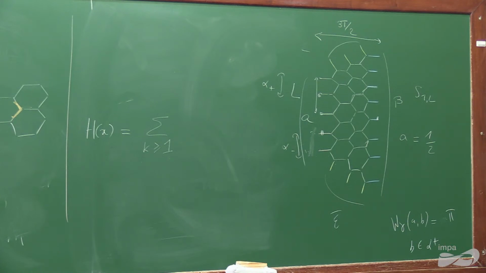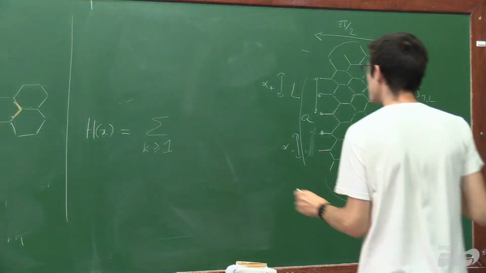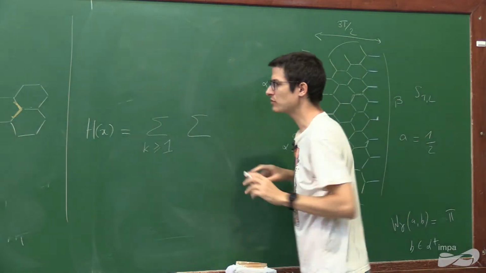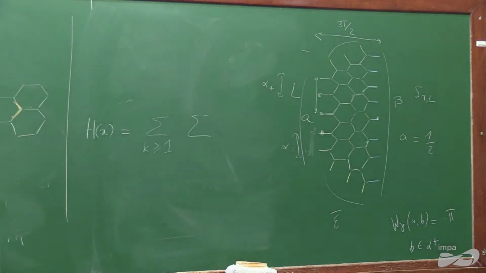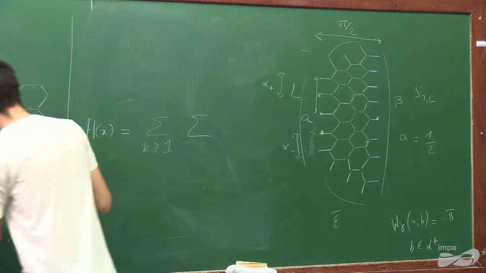I name K the sequences of bridges. In the way I've done things, I'm sure that my sequence is finite because the widths of my bridges are strictly decreasing. Okay? Just because of this